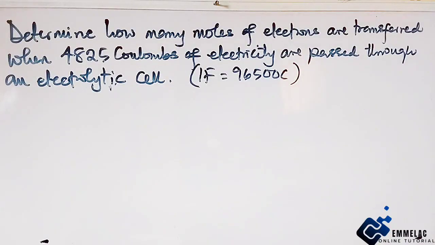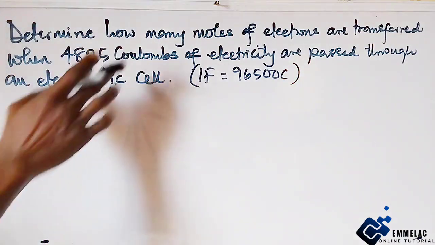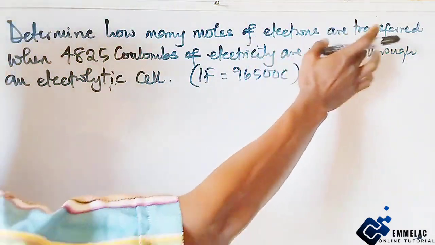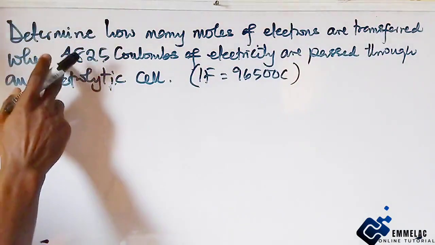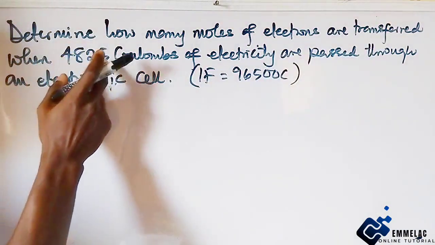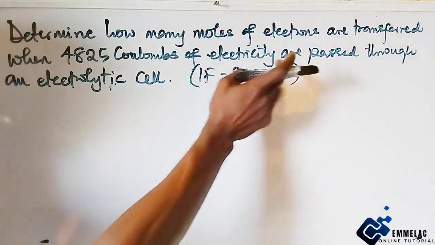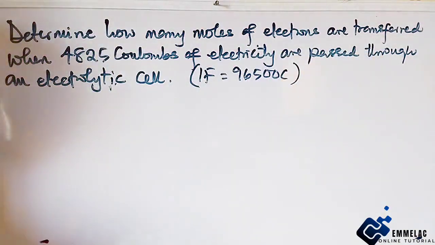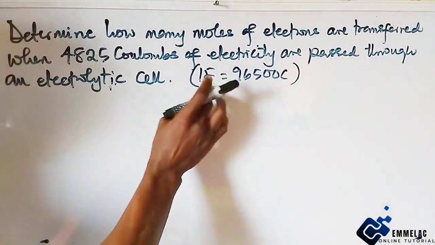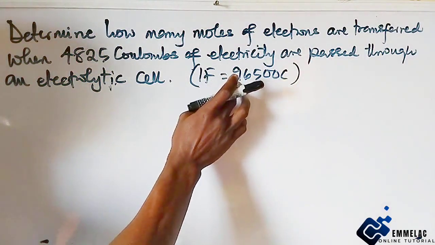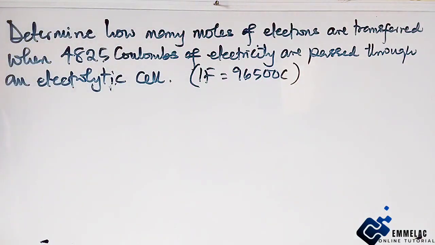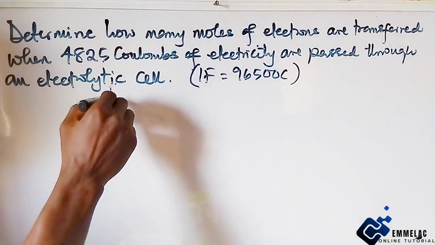Before us is this question that says determine how many moles of electron are transferred when 4,825 coulombs of electricity are passed through an electrolytic cell. Now here we are given that 1 Faraday equals 96500 coulombs. Alright, now for us to get this started, let us recall that 1 Faraday